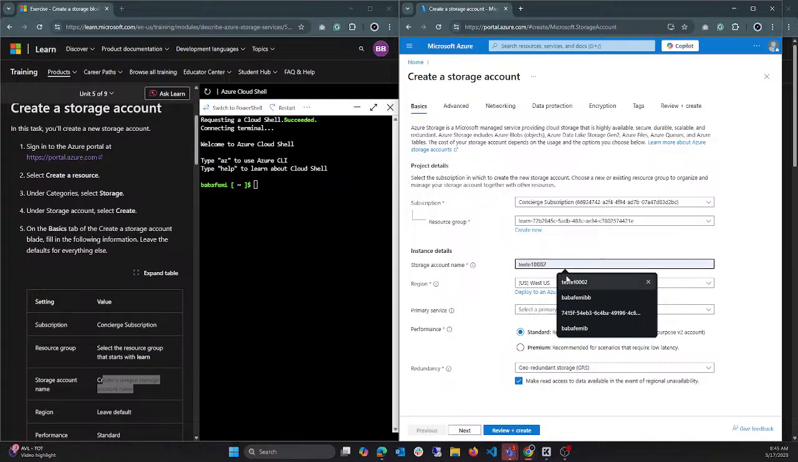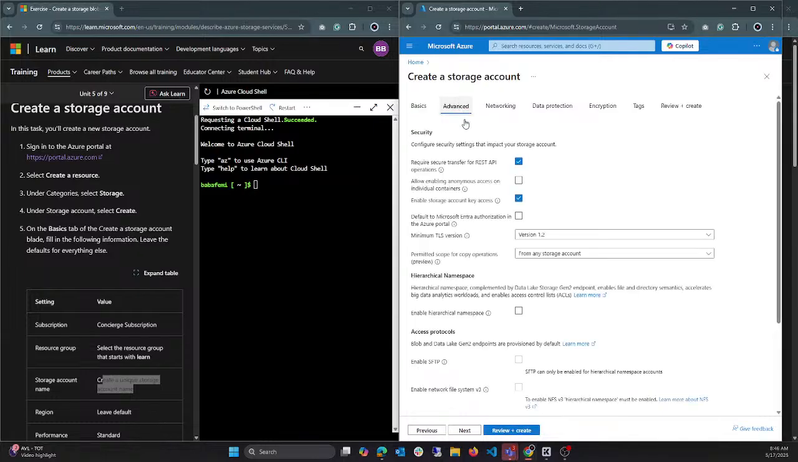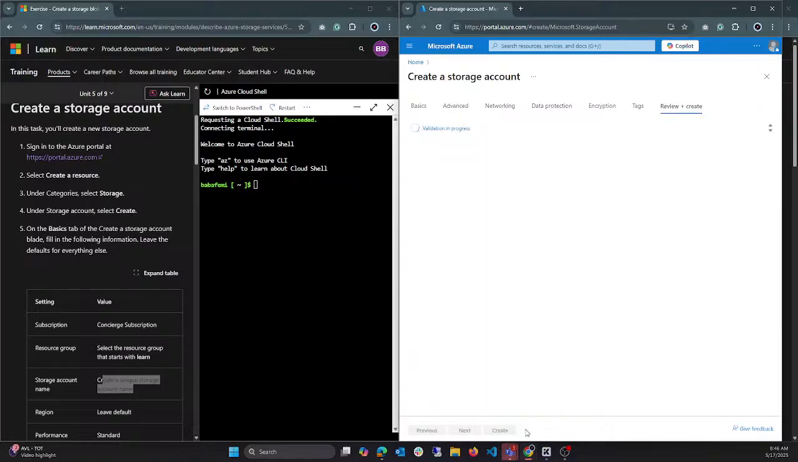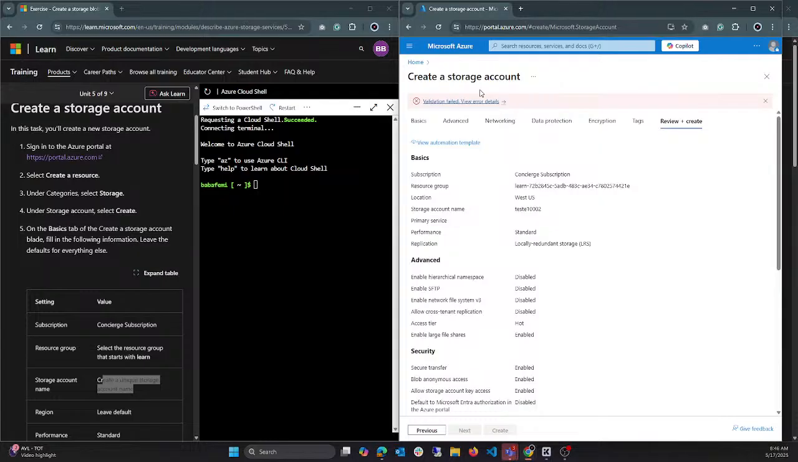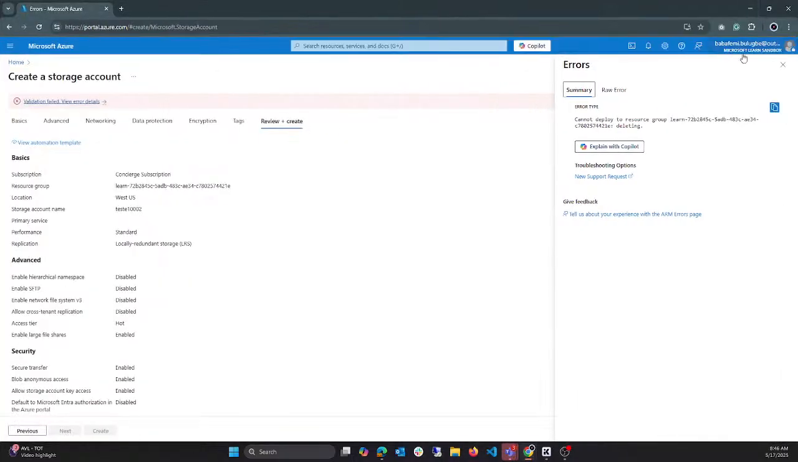So let's see. I'm going to just quickly work on this one. Redundancy, locally redundancy, tab, anonymous access. Let's see, it should validate. I hope. Give me a minute. Yes, I'm logged in. It's telling me